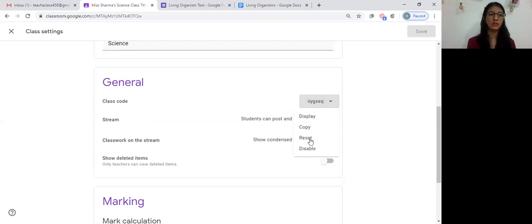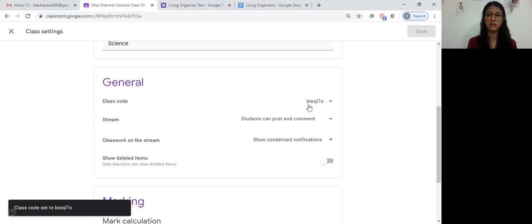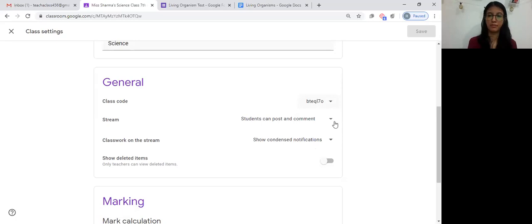So say that the class code has gone to students of a different class, and there are a lot of students joining in your class who don't belong to your class, and you know that your code has been compromised or that it has been leaked to other students. You can simply reset it and you'll get a new code over here, so that here you can see now I've reset my code so that now the code is not accessible to many students. And simply when you have to add new students, you'll share the new code with them.